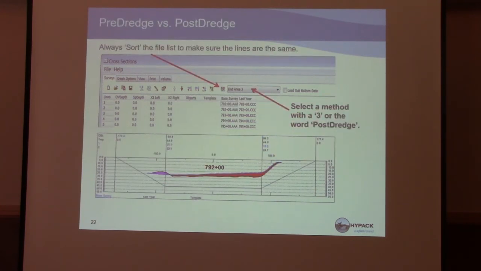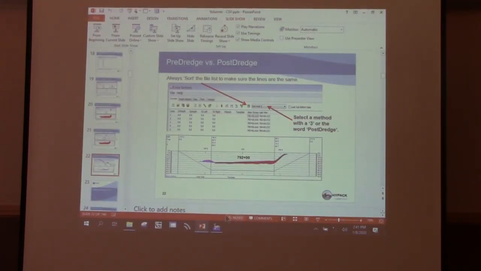End area 1. Pre and post dredge volumes. If you have one survey, end area 1, standard HYPACK, those are methods you would do with one survey. Select a method with a 3, end area 3, Chinese end area 3, Philadelphia method, those all let you do pre and posts. So if we look at cross sections and volumes,